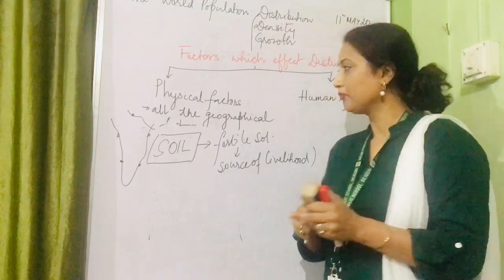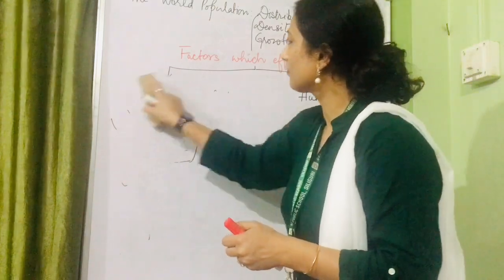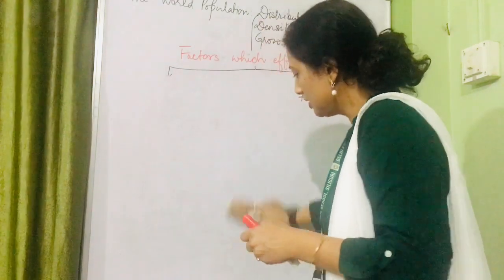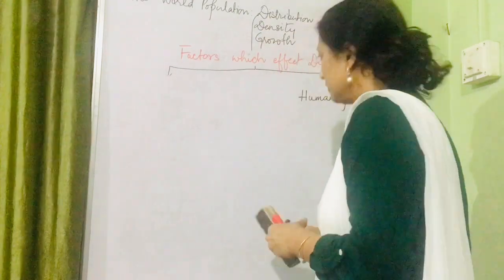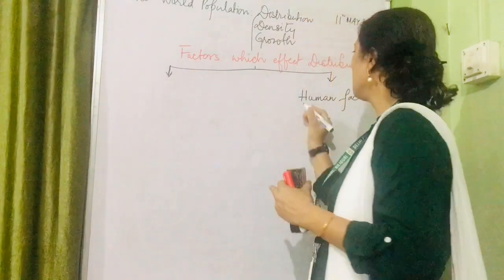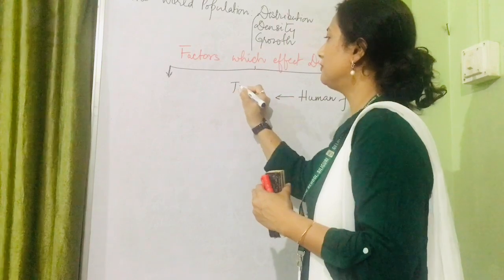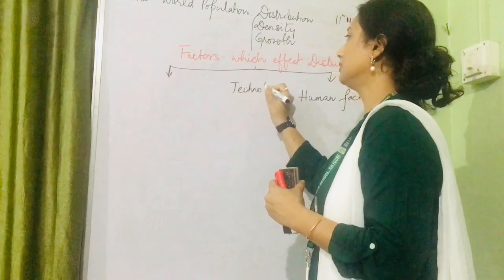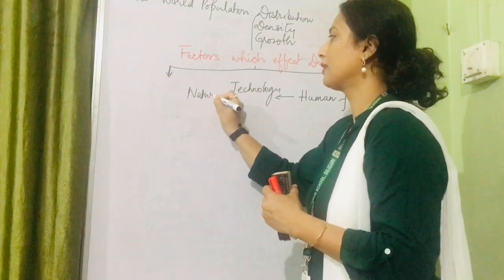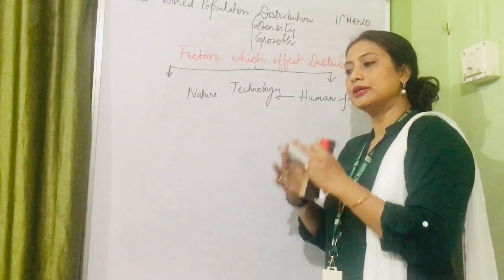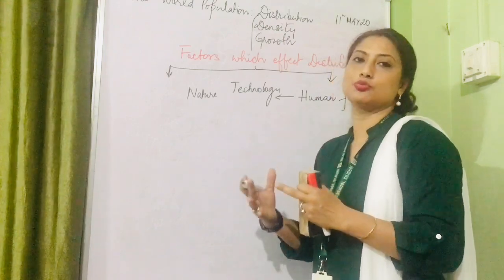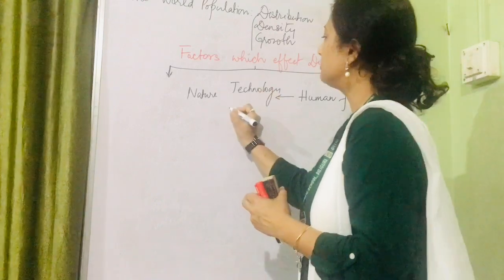Now we go to the factors which are made by human factors. Human factors, definitely, as we know, when we start interacting with nature, we interact with nature with the help of technology. And with this interaction, we find that there are some human factors which have also influenced the distribution of population. Example,